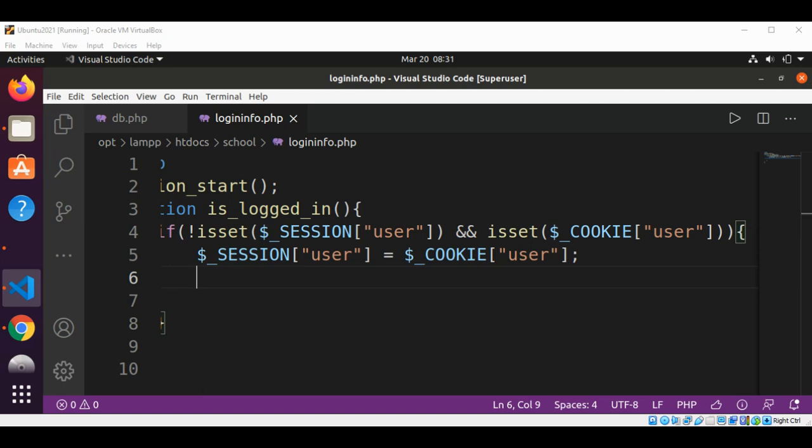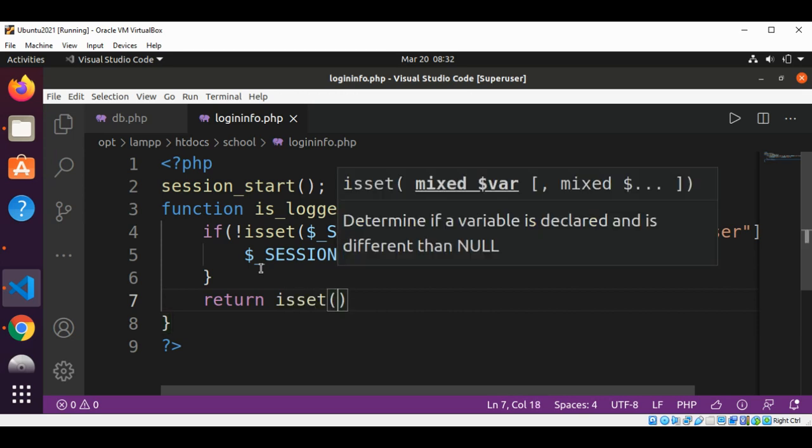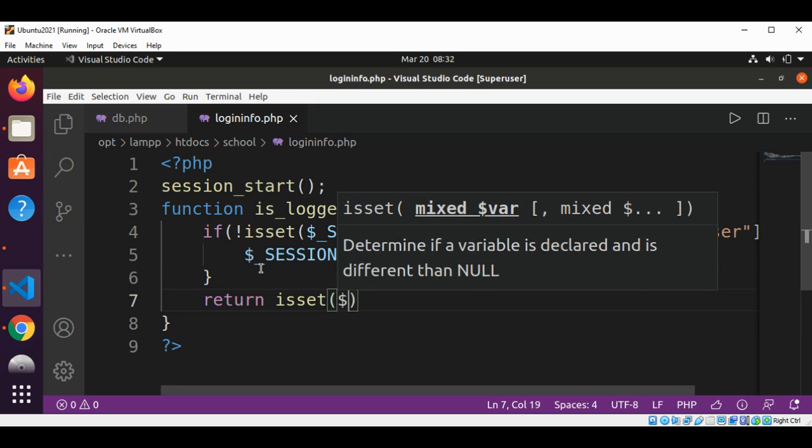And at the end, return after the if statement, return the value of the isset function, checking for the session. And this will be